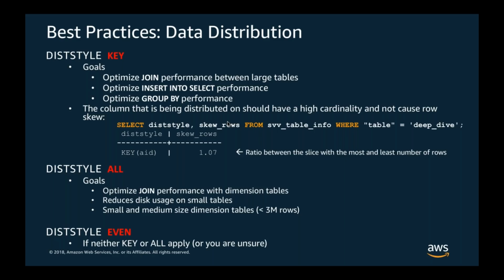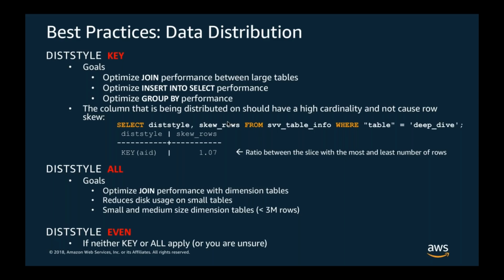Ideally, if that number is close to 1, it means that more or less all the slices have equal amount of data. If that number starts going to, let's say, 2 and 3 and so forth, it means that you have one slice which is having twice or thrice the data of other slices in the cluster. So there is significant data skewness, right? So that's helpful. An all-based distribution, we really see that coming along for the smaller tables,